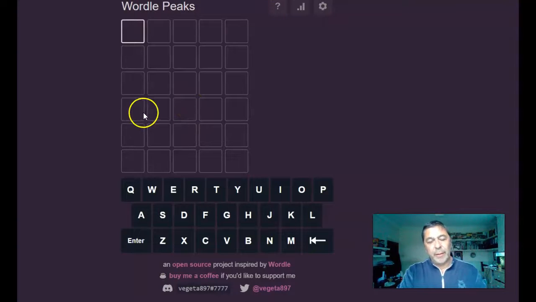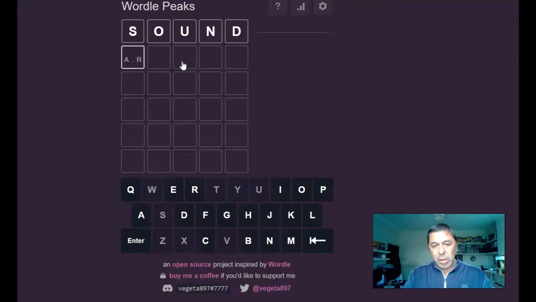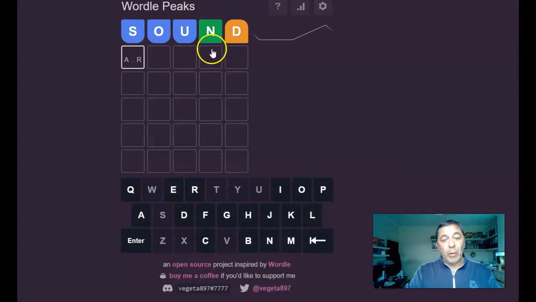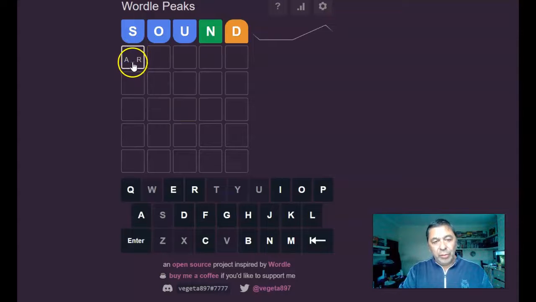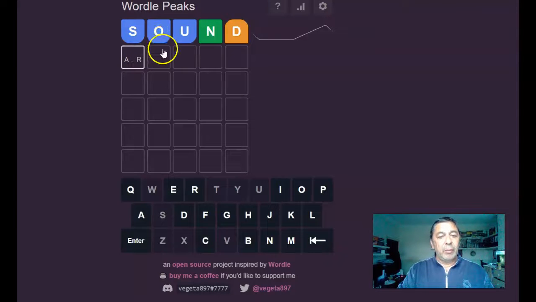Right, so Wordle Peaks, this is something similar to Warmle. So we're going to start off with sound, which is something I normally start off with. Oh, and the N is in the right place. So as you can see, these letters are all going to be lower than an S, lower than an O. The D is going to be higher than the D. So we're going to look for something which is right. So come on, say your words, and so I was thinking something